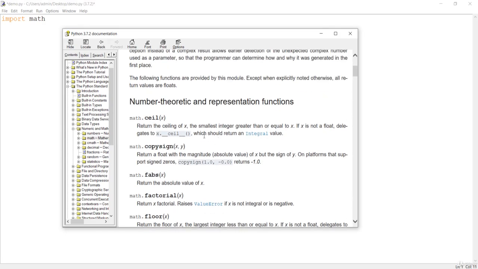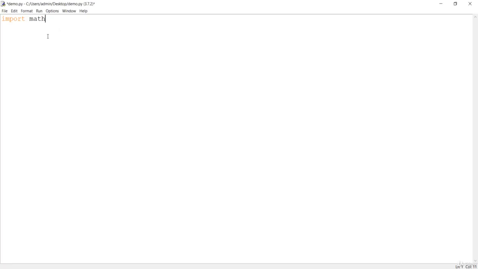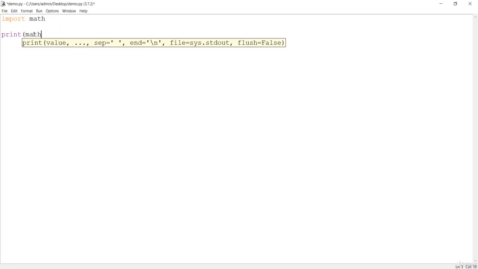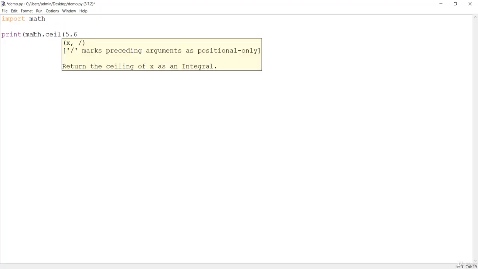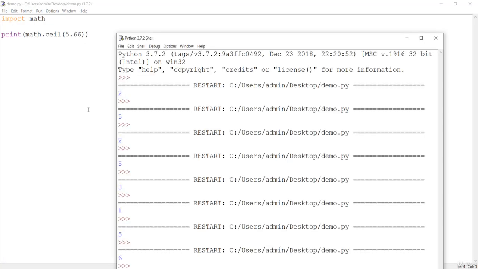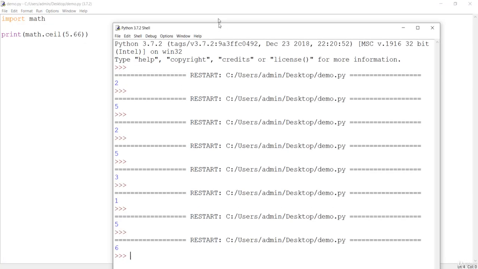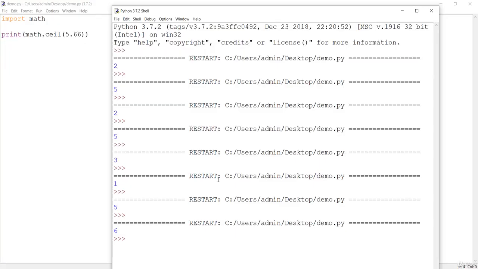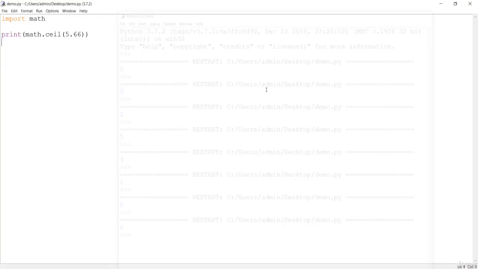So I use the print method and math.ceil, and let's give some decimal values. Let's save this, press F5, and you would see the ceiling value printed as 6.